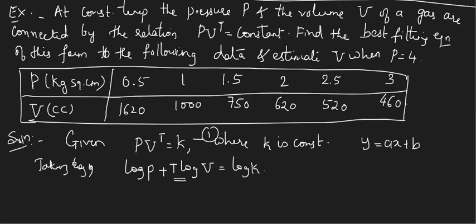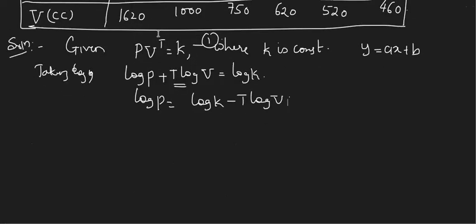This is a little different problem. Just do remember, because you have a variable multiplied with a constant. Here, this is looking like our y, isn't it? So we will shift it. So it becomes now log P is equal to log K. If I shift this, it becomes a negative term, T log V, isn't it? Now, let us substitute in terms of some variable and let us see whether it is going to be converted as a straight line format, yes or no.